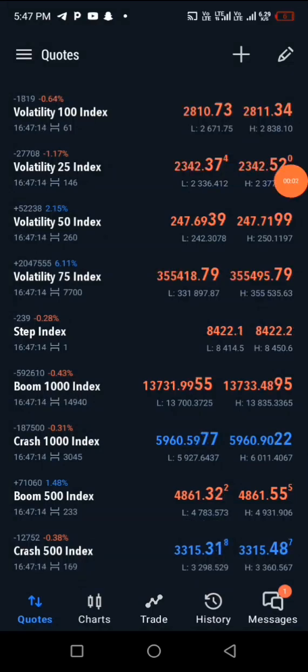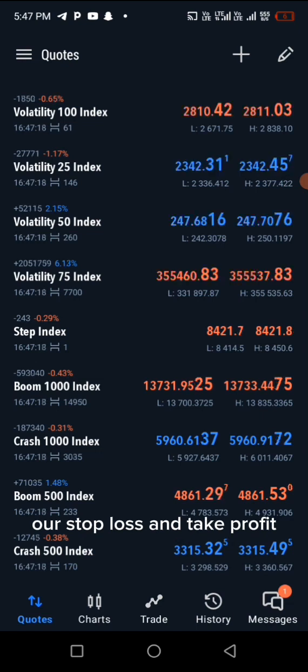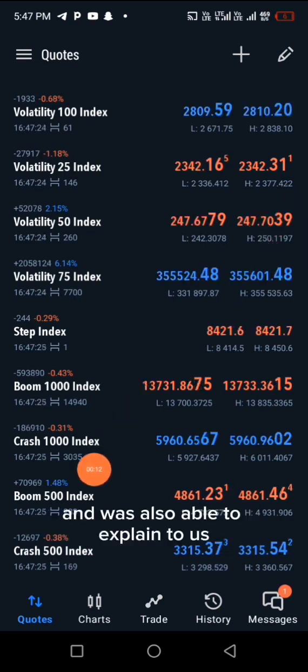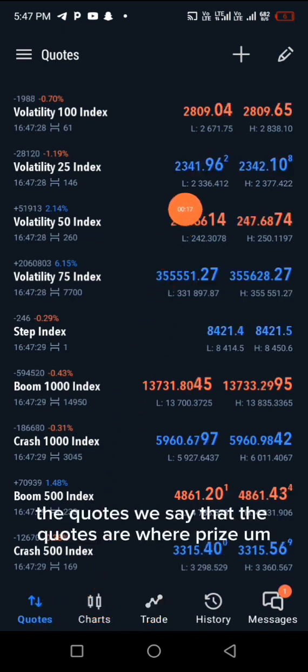Good everyone. On today's course, I'm going to be showing us how we can put our stop loss and take profit. In our previous course, we explained how we can buy and sell, and we also explained a few other terminologies we need to know, like the quotes. The quotes, we say that the quotes are where price